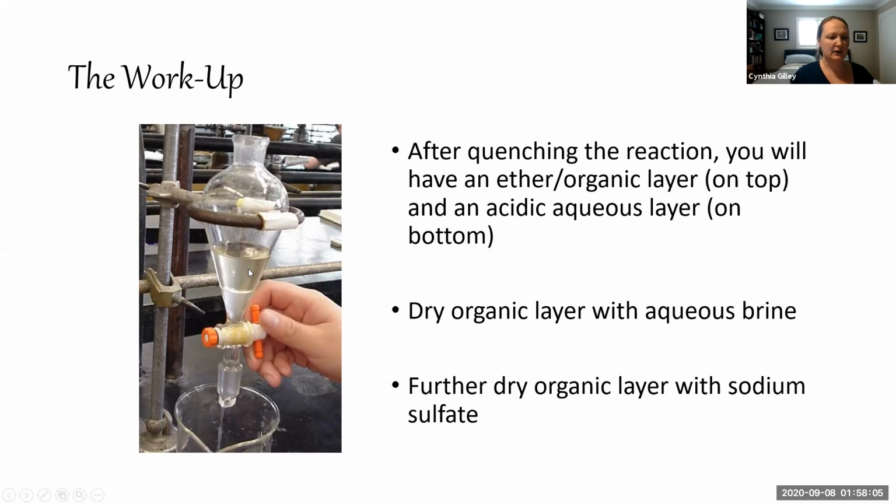The top layer should be the ether layer or the organic layer, and it should contain the product because the product is a neutral alcohol, so it should be much more soluble in diethyl ether than it is in water. The bottom layer will be the aqueous acid, and we'll be able to drain that out. That will contain a lot of the magnesium salt byproducts in the reaction, which we want to remove from our